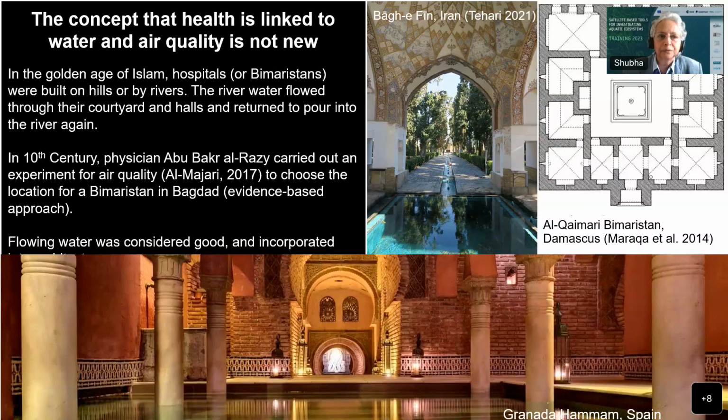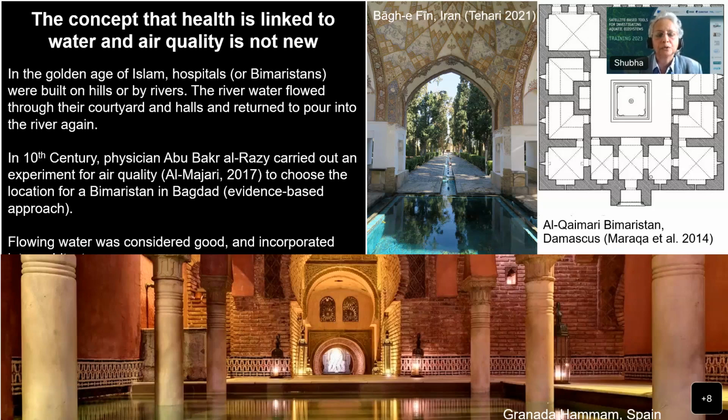If you take the example of the golden age of Islam, I think it went from the 8th century to the 14th century. They knew that the success of their hospitals, which were called Bimaristans, depended on air and water